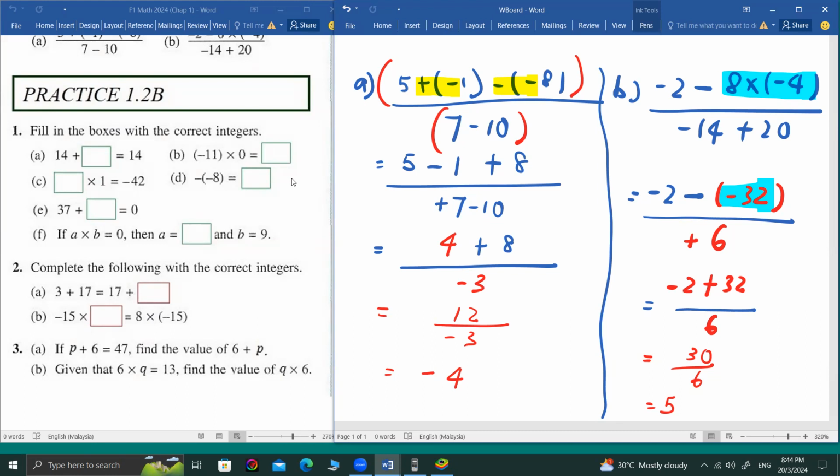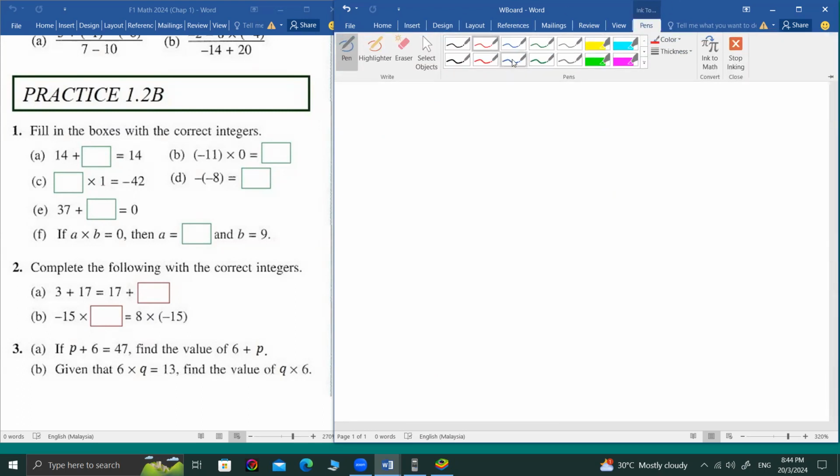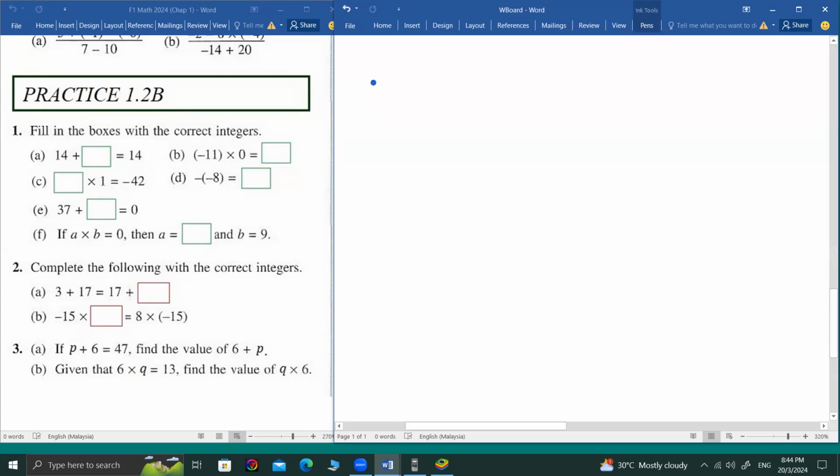Done? Junior, done? Okay. The rest of you done? Now, look at this. So without a calculator, you have to do it like this. Same as I taught you last week. 14 plus what? No need to draw the box, you can put a bracket. You already know 14 plus 0 is 14, but to show the solution, I didn't write it, it is plus 1, right? So you shift this to the right.